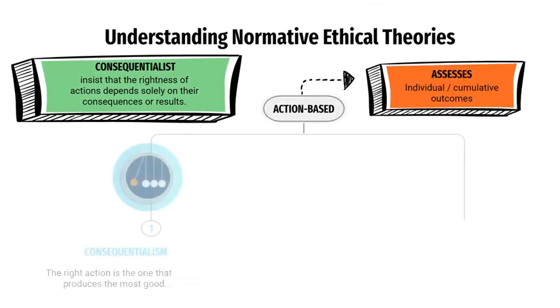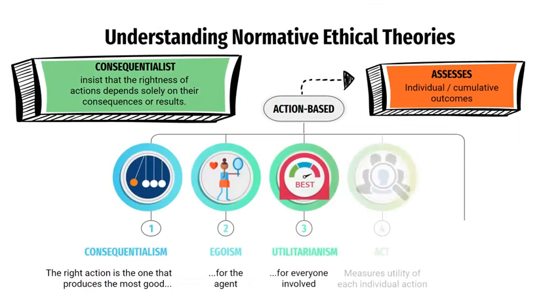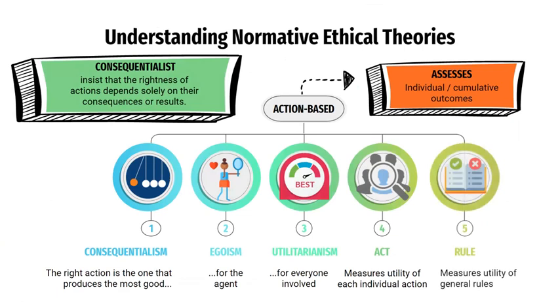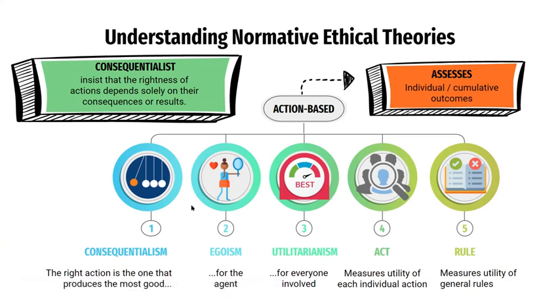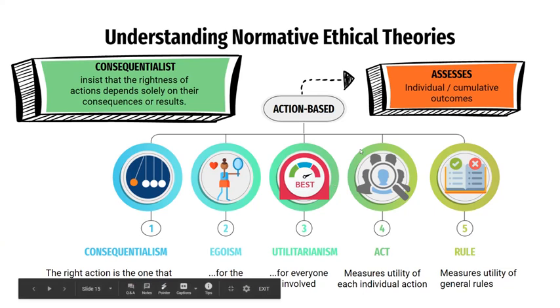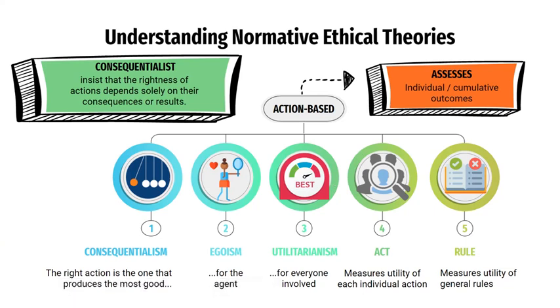Okay, so I'm not going to rehash all of these. I've already just mentioned these. There are different kinds of consequentialist theories. So egoism and utilitarianism are the biggest ones. So again, egoism is the view that we should always consider any action relative to the consequences for the individual agent. So if I'm trying to figure out what I should do, I should always perform the action that benefits me, Anthony. If I'm a utilitarian, then I think I should always perform that action that maximizes happiness for everyone involved, not just myself included.